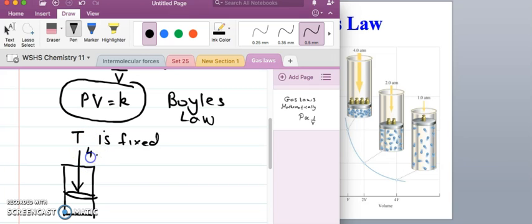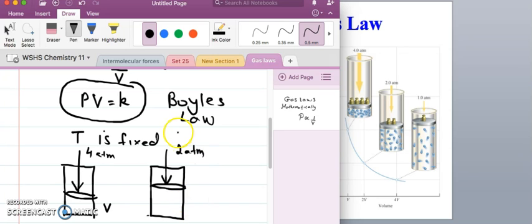Let's say it was 4 atmosphere, and let's say the volume was V. Then if the temperature was the same, and you decrease the pressure to 2 atmosphere by decreasing the weights on it,